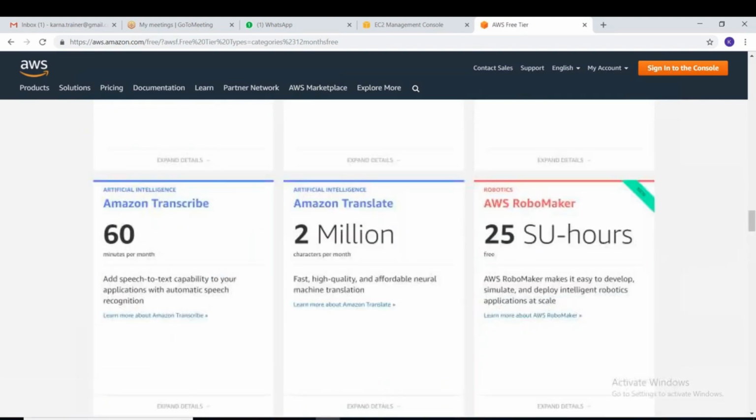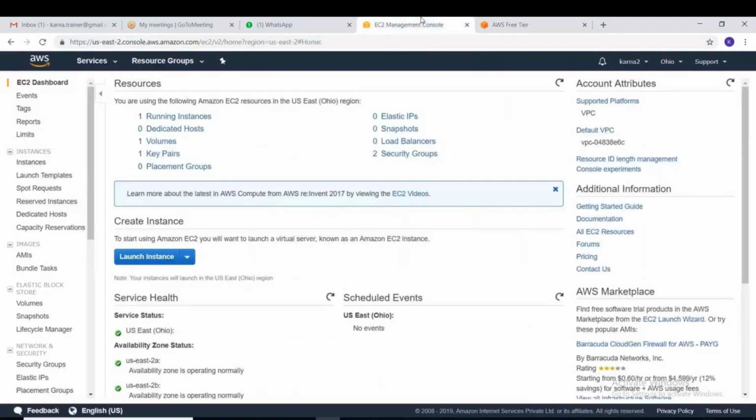So what I'm doing is here. So already you can see this is the information of the EC2 cluster here, and you can see the number of instances running. What do you mean by instance? Can anyone tell me, guys? What do you mean by an instance?